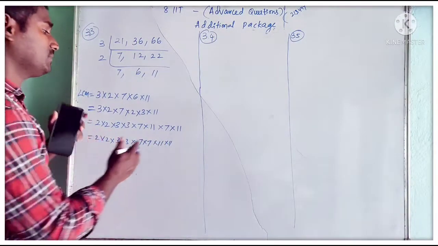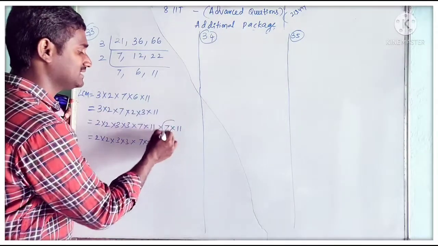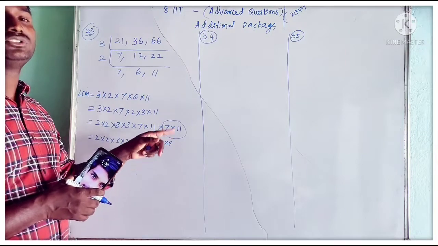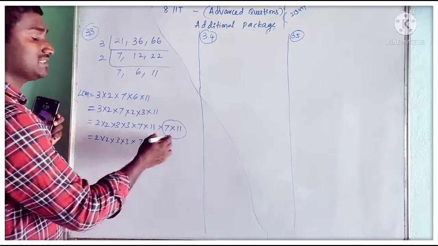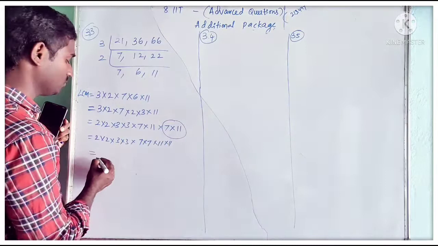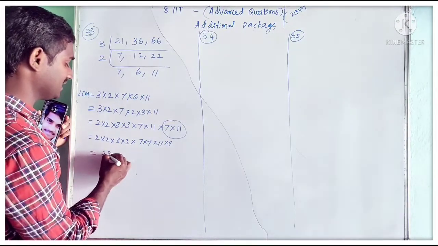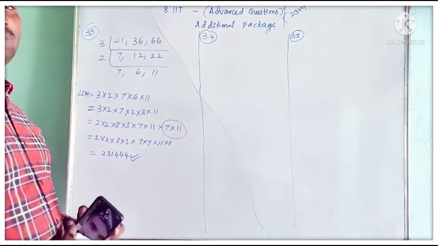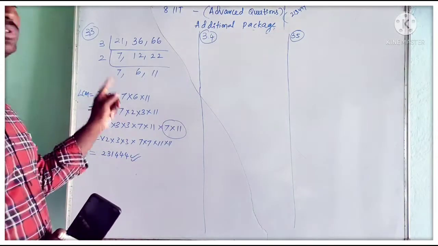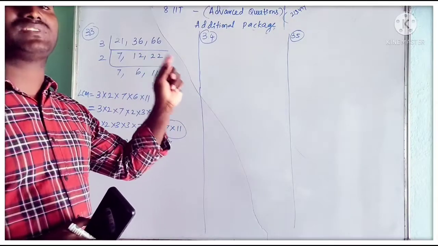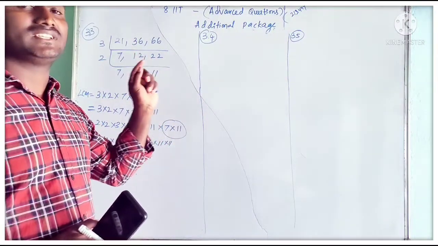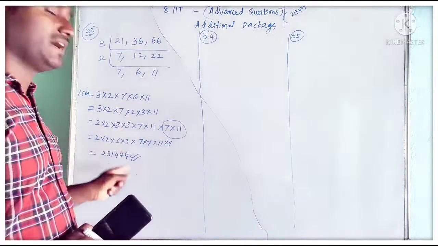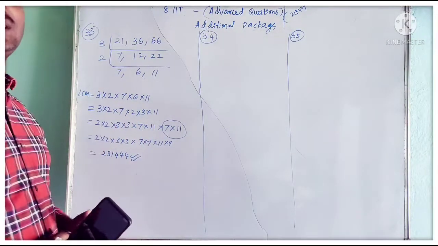So if you multiply this LCM by which number? If you multiply with 77, you will get a perfect square number. If you multiply these two, you will get 2,31,444. This is the required number. So we should know that for a perfect square number, the prime factorization is in the form of pairs of the same factors. If you apply that condition, you will get it easily like this.